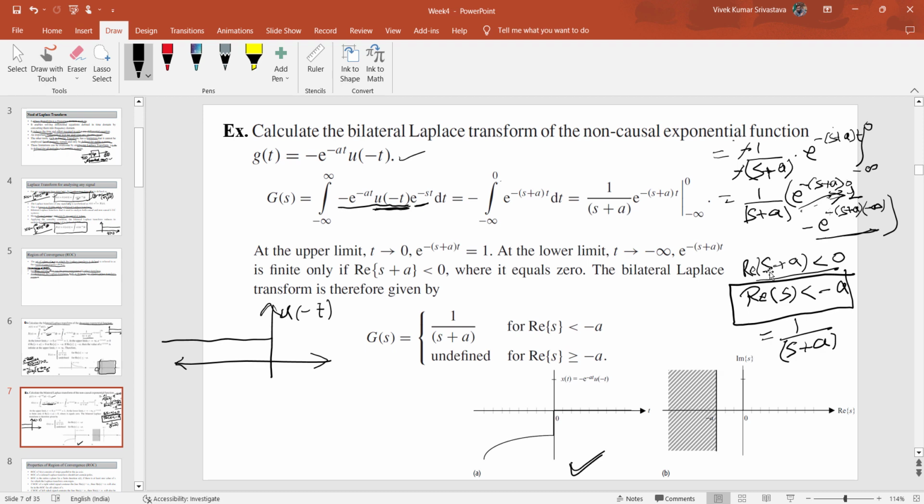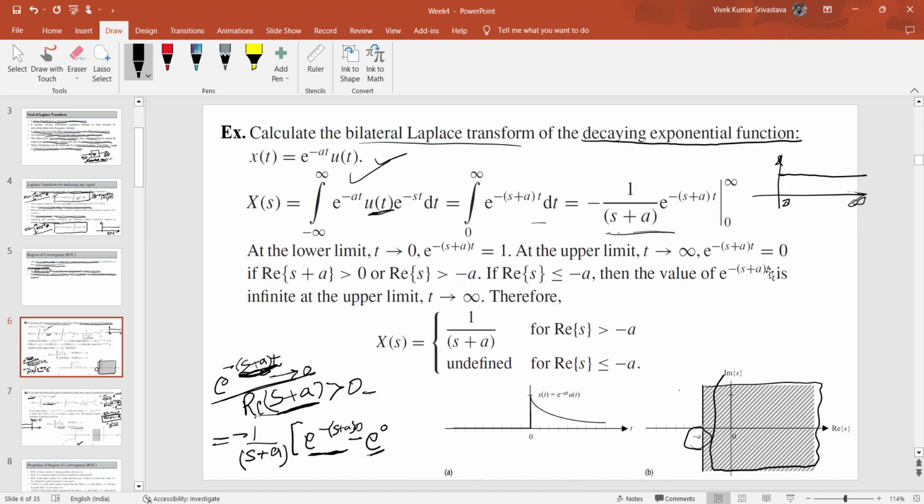So from this we can see that the Laplace transform for this signal g of t will be defined as 1 over s plus a for the real part of s less than minus a, and undefined once it is greater than or equal to minus a. So these two